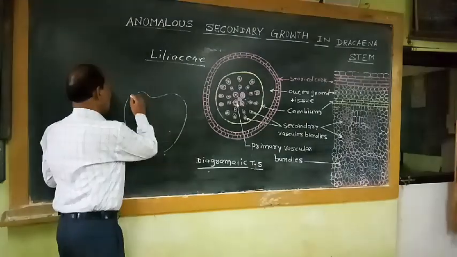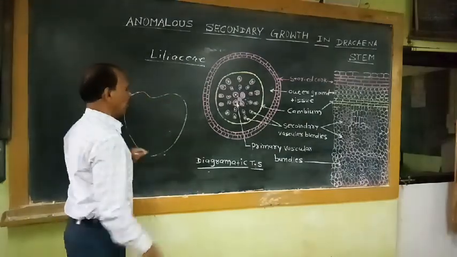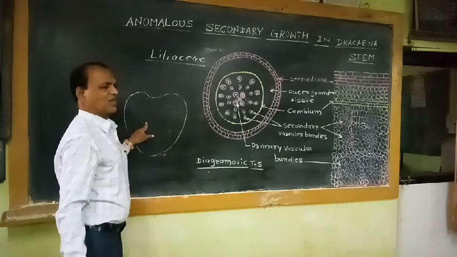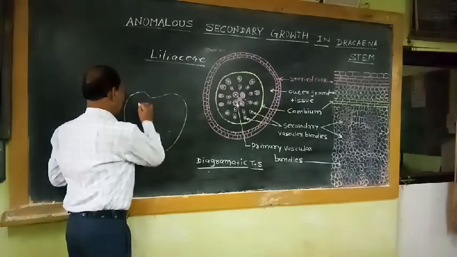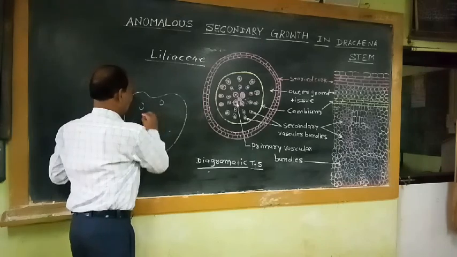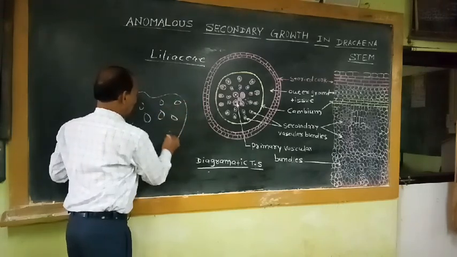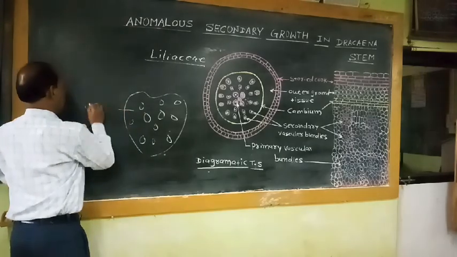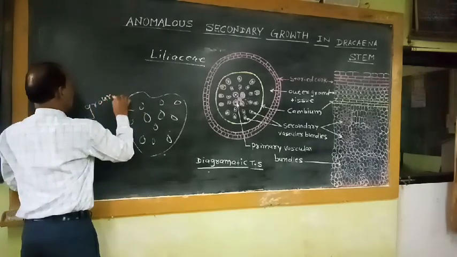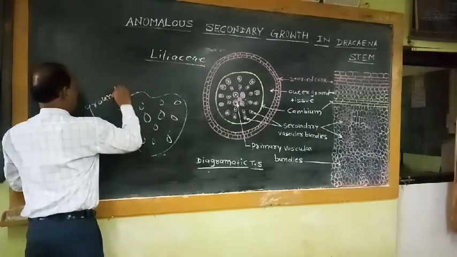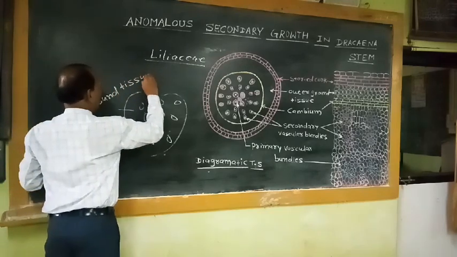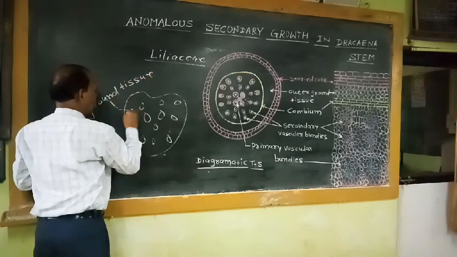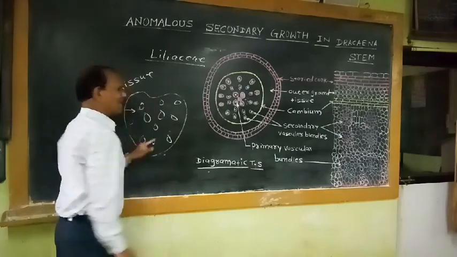The maize plant shows the epidermis as the outermost covering. It is followed by hypodermis, which is sclerenchymatous, and it is followed by many scattered vascular bundles. So such scattered vascular bundles lie in ground tissue. What is this tissue? This tissue is known as ground tissue. So in this ground tissue, all the vascular bundles are scattered.